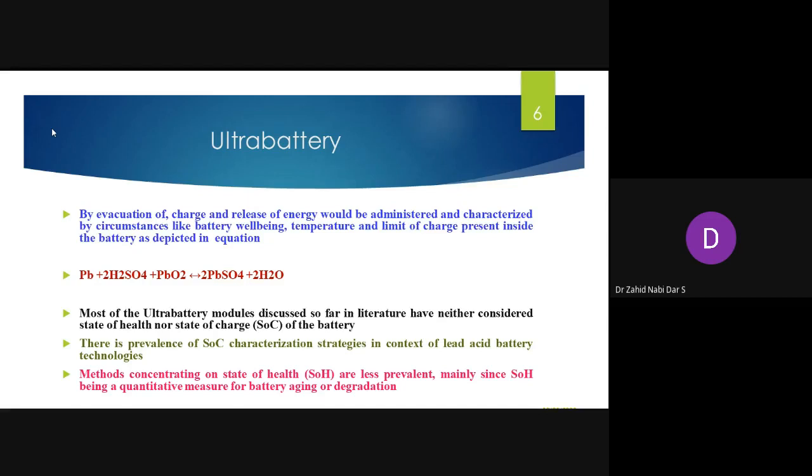Most of the UltraBattery models in the literature which I have gone through have not given preference to the state of charge or state of health. The prevalence of state of charge is very important, because the UltraBattery, as we have discussed, also works in partial state of charge. So if it is 30%, 20% state of charge, it will work. But as far as a normal battery is concerned, it will not give its optimum performance. So there is a prevalence of state of charge characterization strategies in the context of lead acid battery technologies. Methods concentrating on the state of health are less prevalent, mainly since it is a qualitative measure, unlike